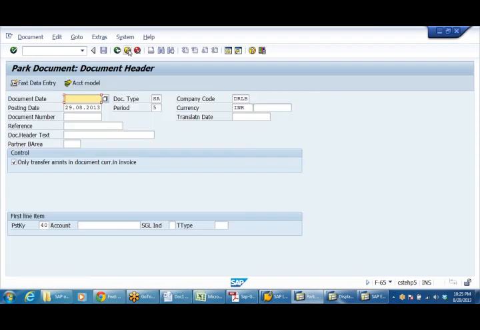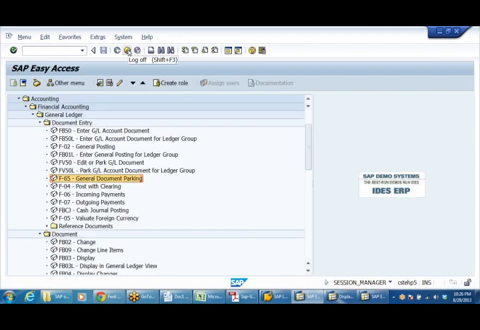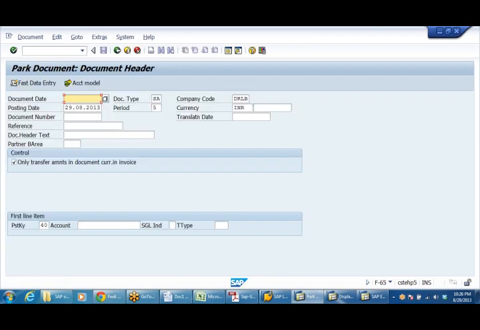But before we park a document, we need to create some number range. Numbering in the sense, because as soon as we post an accounting entry in F-02, it will post. But for parking, go to F-65, say 29th. The system takes the same number range, of course.